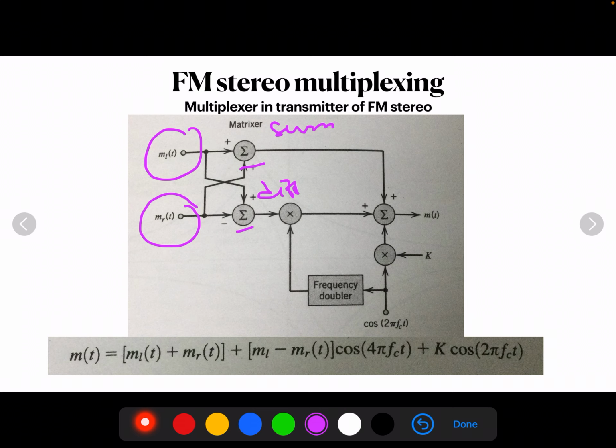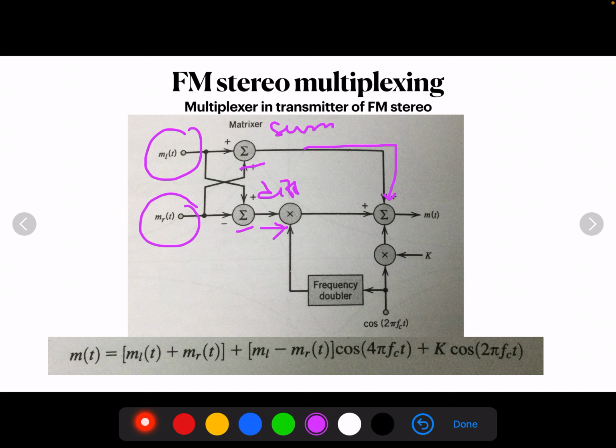Sum is M_L(t) plus M_R(t). Difference is M_L(t) minus M_R(t). So the sum signal is taken as it is, without any processing. It is available for the monophonic reception as it is. The difference signal,